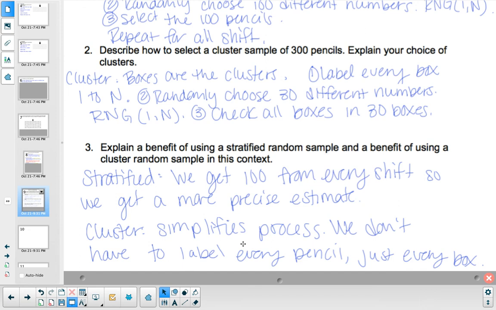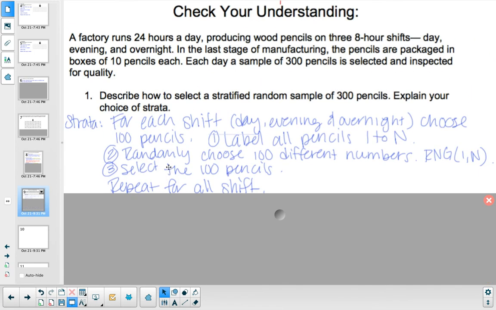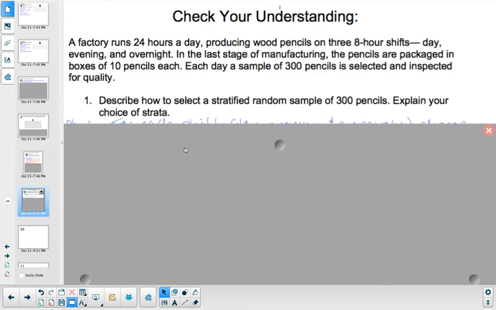Now the cluster, it simplifies the process. You don't have to label every pencil, just every box. You know, imagine I have to get the 1,854th pencil. You got to find that box. You find the pencil within that box. So the cluster is kind of more realistic in this case. Maybe you could do both. All right, so that's stratified sampling and cluster sampling. So other sampling methods other than just a simple random